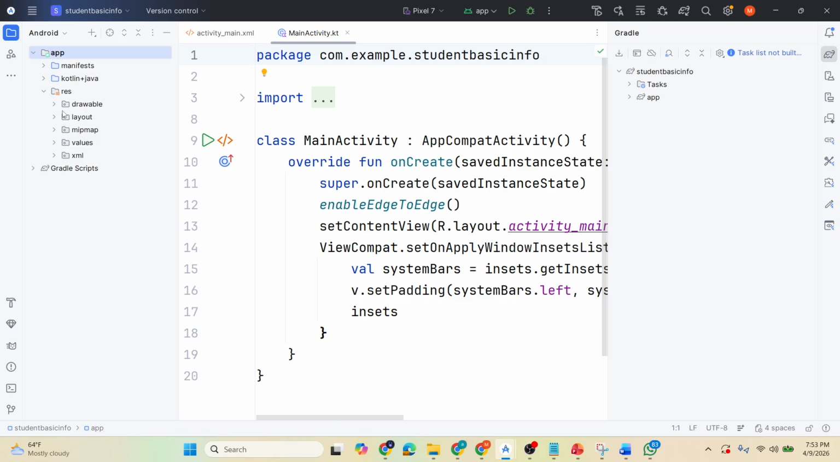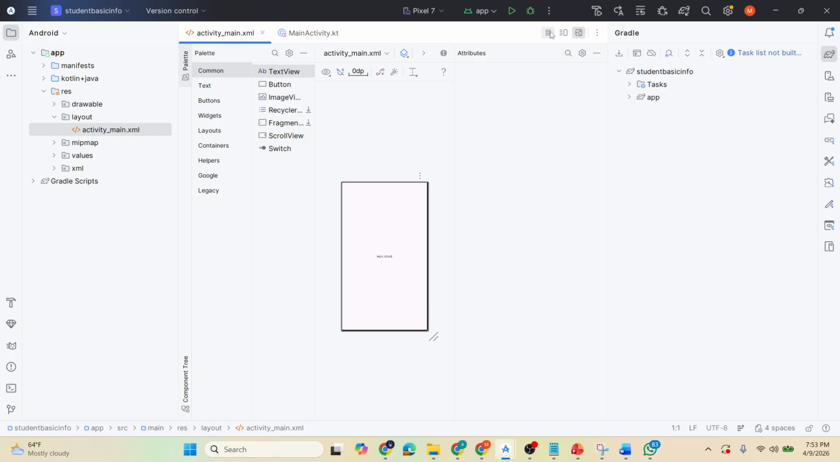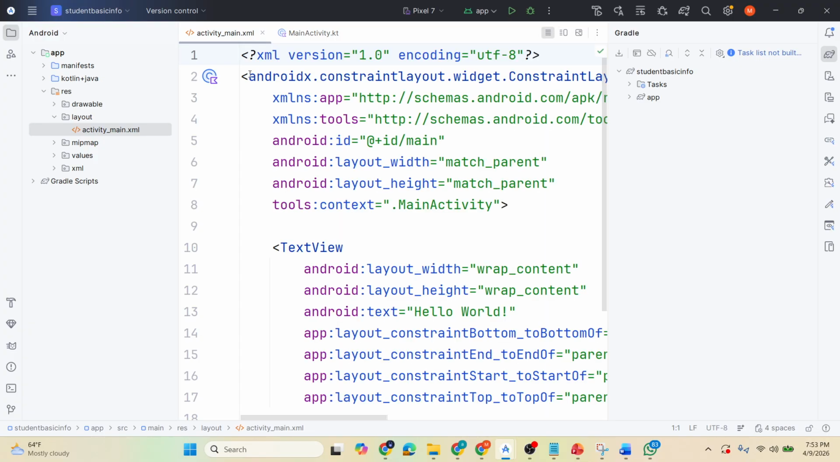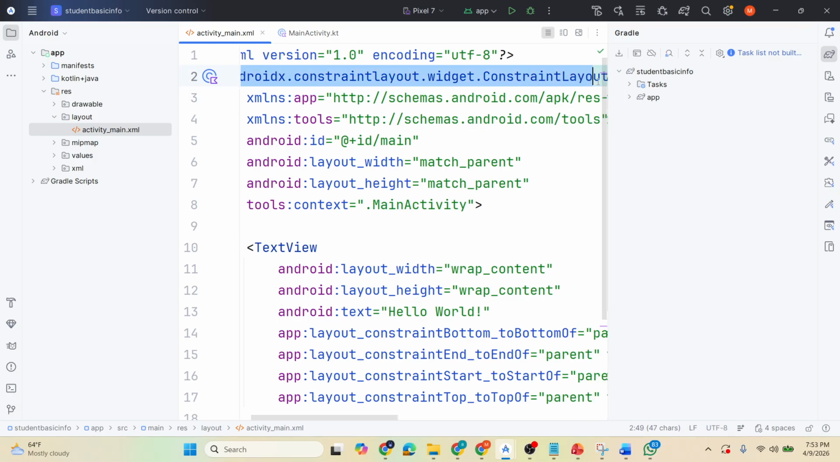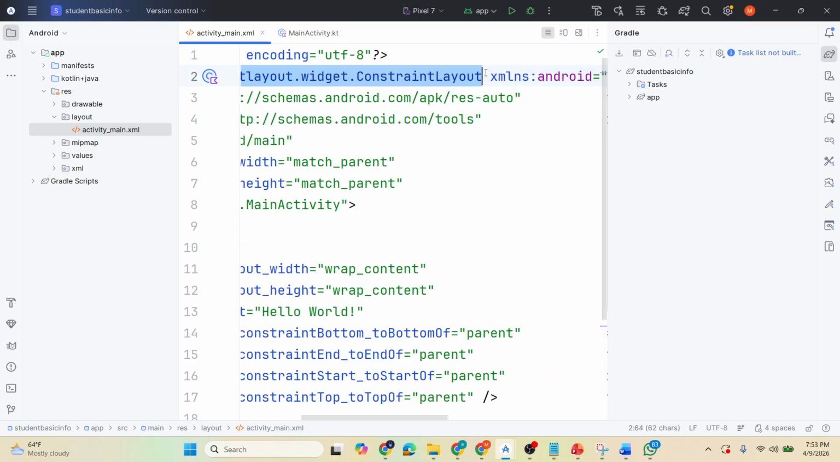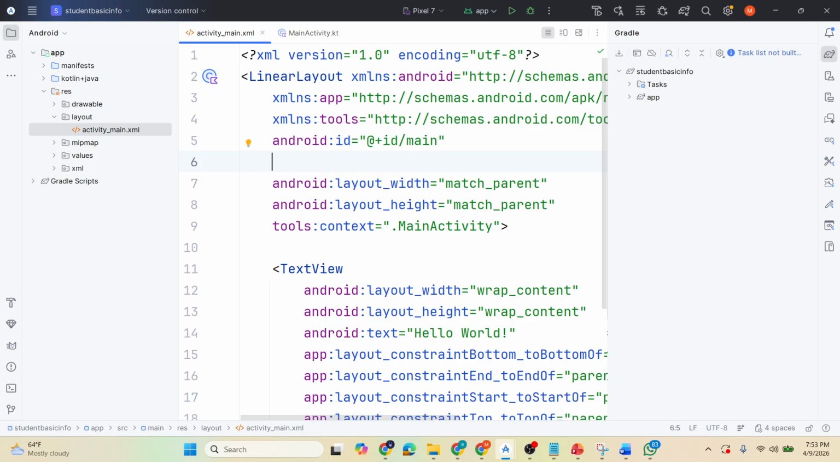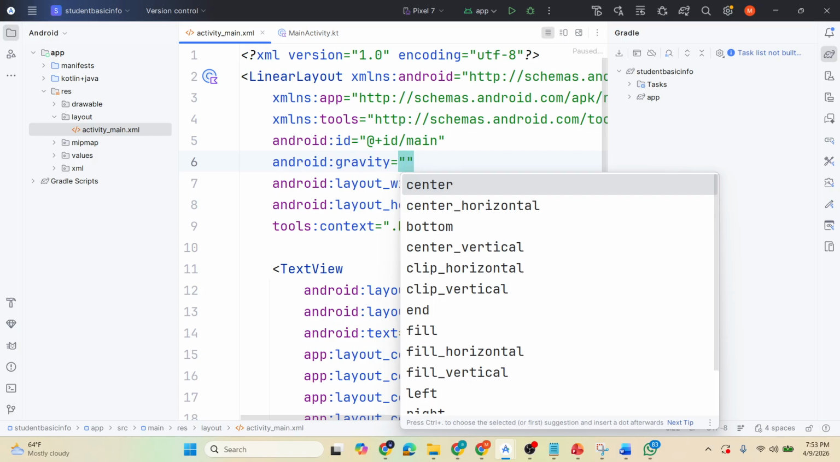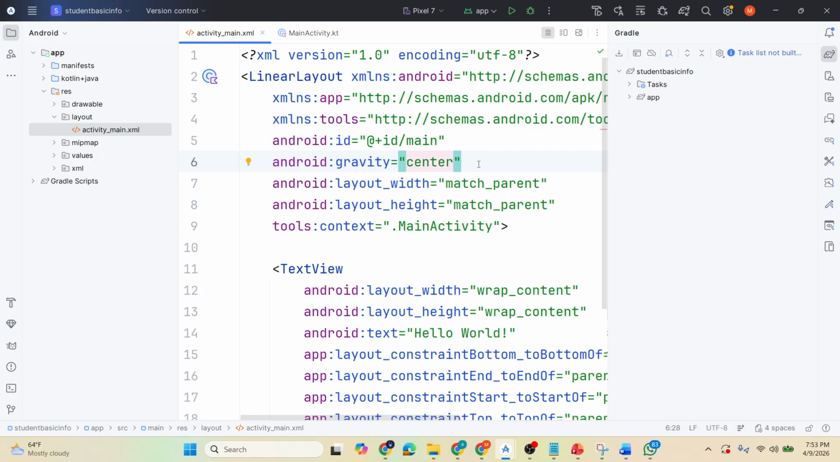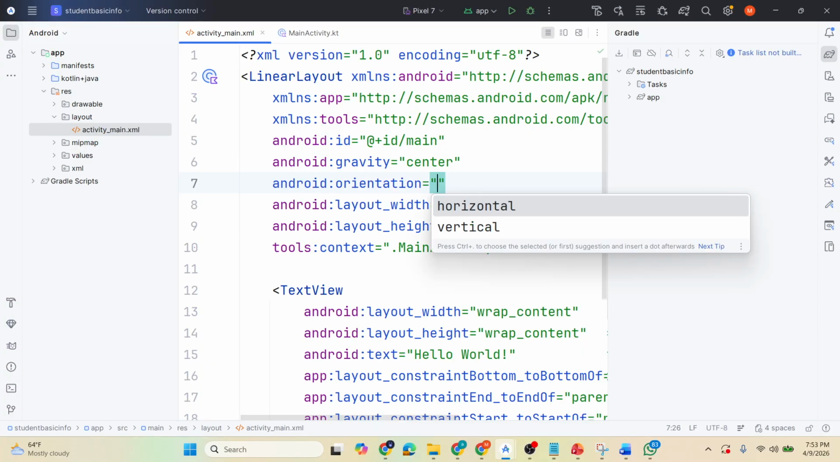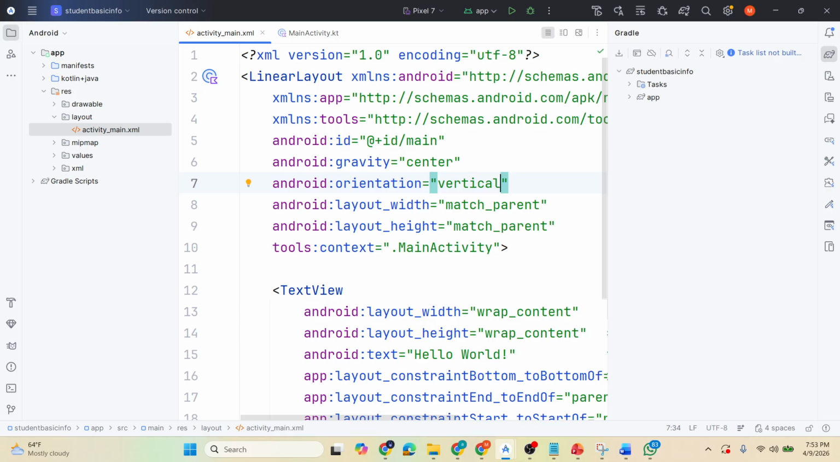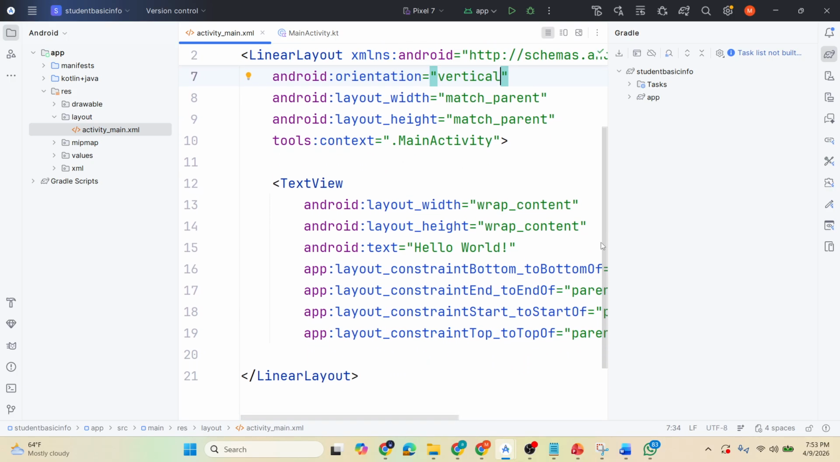So let me straight away go to the layout, and here in the layout we are going to use once again a linear layout, and let me specify some properties. The gravity is center, orientation is vertical. Okay, so this is a linear layout, and then we have, let me